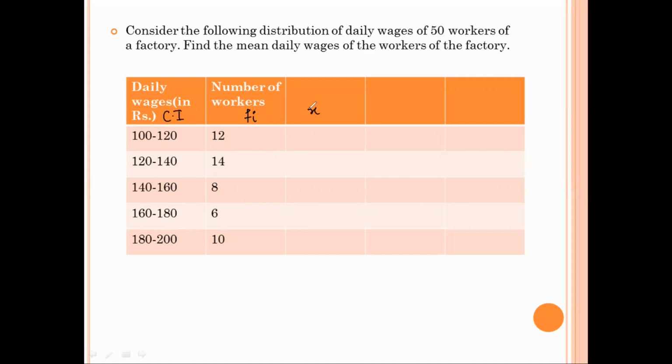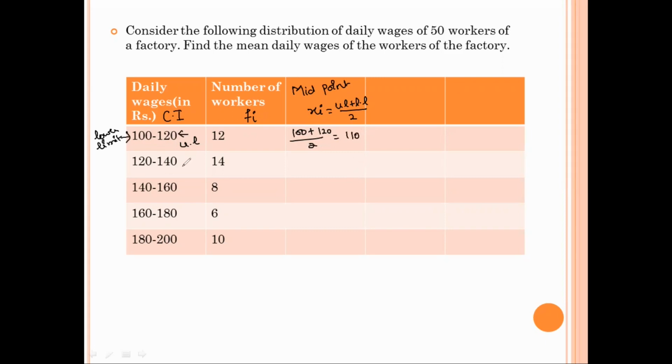xi फाइंड आउट करना सीखा था इन अ सेम मैनर जो हमने डायरेक्ट मेथड में सीखा है, दैट इज योर मिड पॉइंट. तो फाइंड आउट कैसे करते हैं हम मिड पॉइंट? दैट इज योर अपर लिमिट प्लस लोअर लिमिट डिवाइड बाय 2. दिस वन इज योर अपर लिमिट एंड दिस वन इज योर लोअर लिमिट. तो अपर एंड लोअर आपकी क्या होगा इस क्लास इंटरवल के लिए: 100 plus 120 divide by 2. So that is 220 by 2,